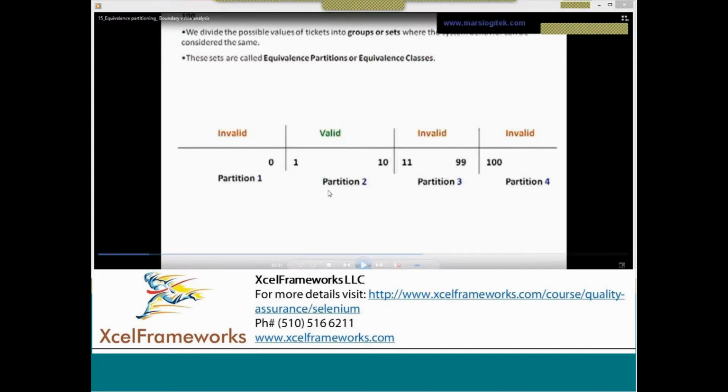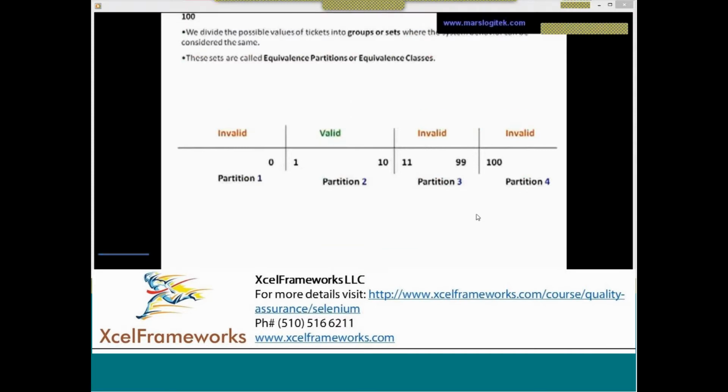Partition 2 is valid cases, which can happen only from 1 to 10. Another invalid group, basically. So these are the only test cases we can come up with for this use case with the number of tickets.